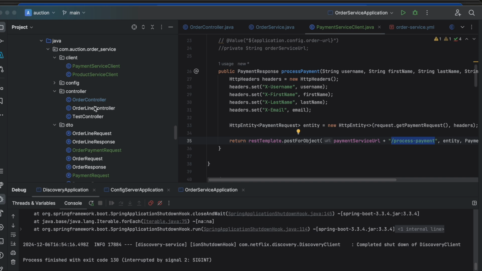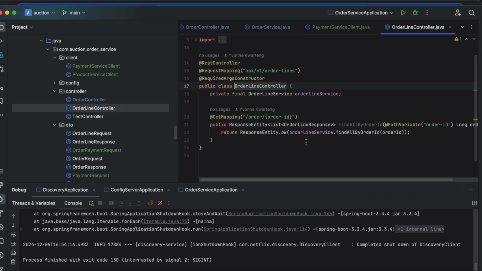So what we want to take a look at is order line, and order line follows the same convention. We are annotating the REST controller, and then we are saying request mapping, and the request mapping is the same convention that we have. We have API /v1/order-lines, and that's how I've got it here. And the required args constructor